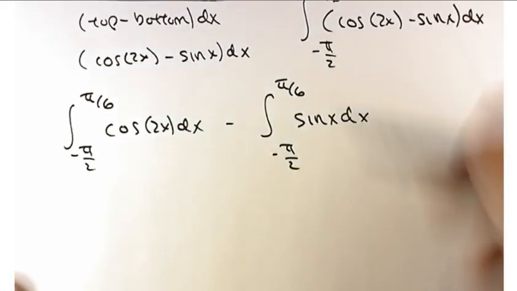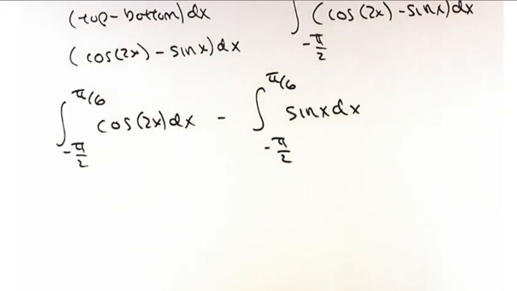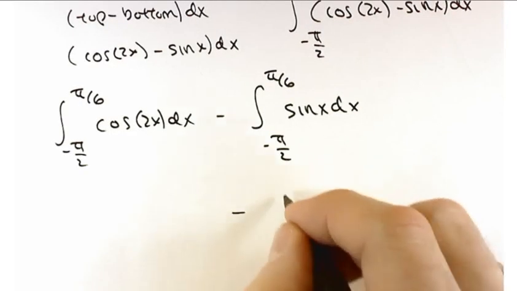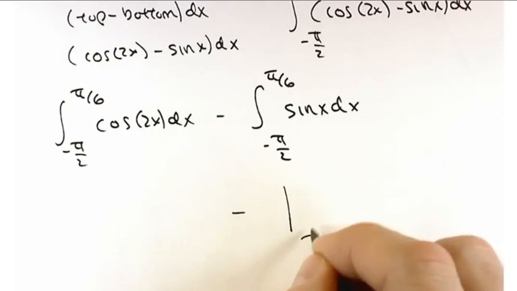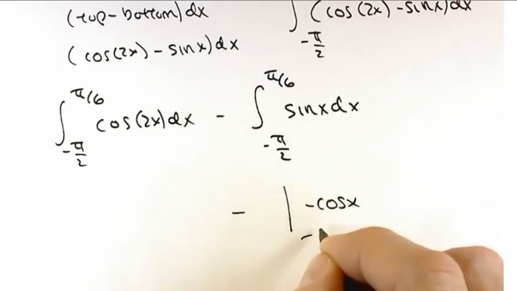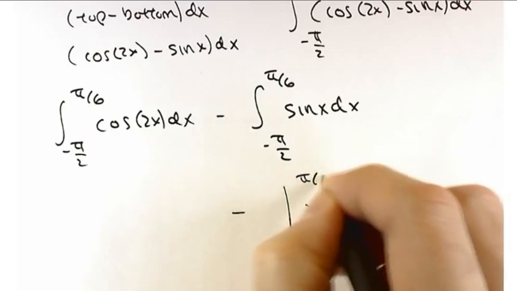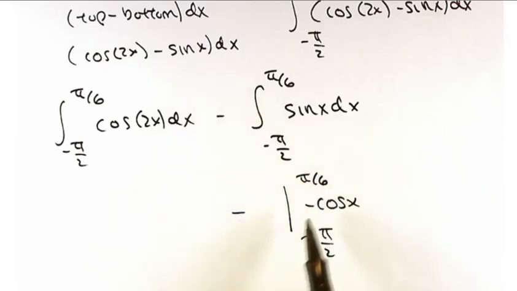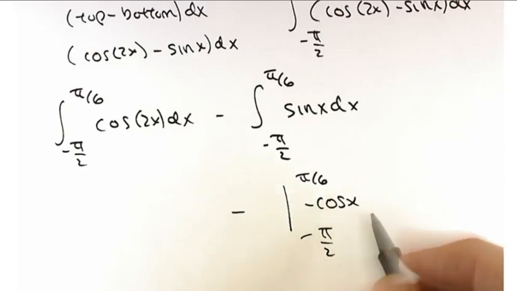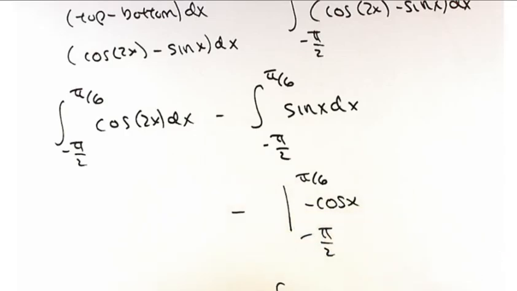Now, why did I do that? Well, for the second one, I can find an antiderivative there, right? What's the antiderivative of sine of x? Negative cosine. I'm glad to hear everyone got the negative in there. So this is going to be minus the function negative cosine of x evaluated between negative pi over 2 and pi over 6. If you want, we can cancel that negative. All right, no, I'll just leave it out here. Negative of cosine of pi over 6